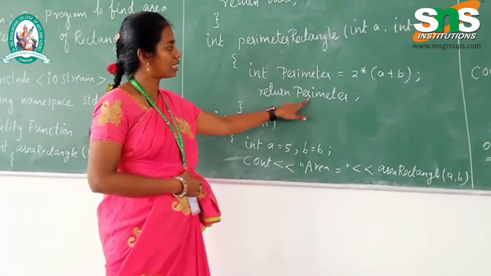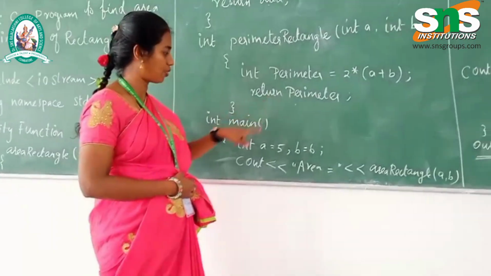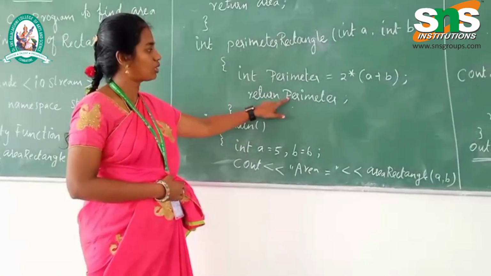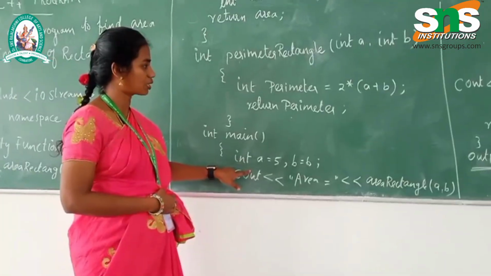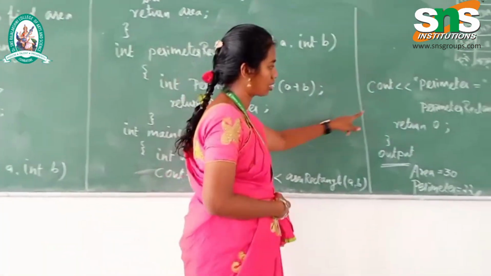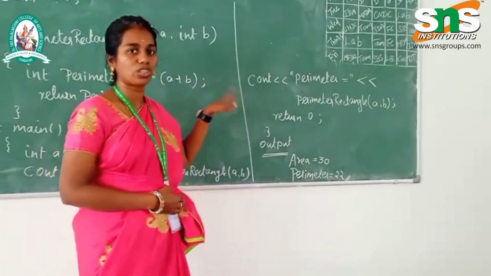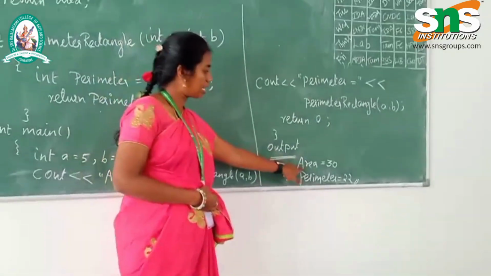Then it will be returned to the main function, and the final calculated value will be displayed here. So the final output of this program will be: area is equal to